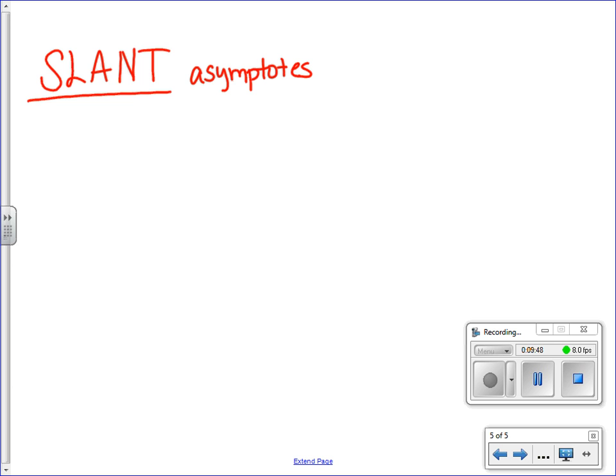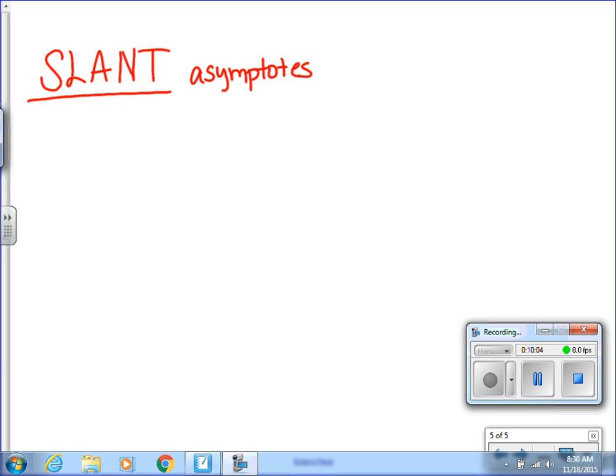Okay, so vertical asymptotes are vertical. Horizontal asymptotes are horizontal. Guess what? Slant. I bet they slant. They're slanted. So slant asymptotes don't always occur. We have a slant asymptote